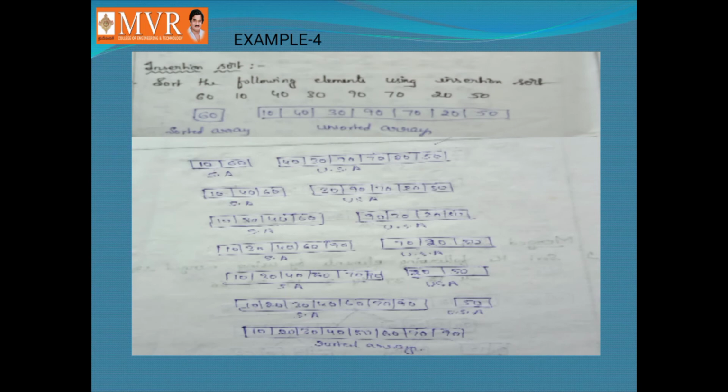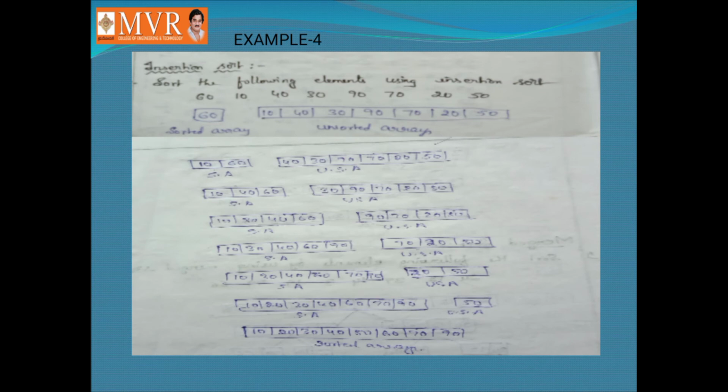Now here is another example I have given. Okay, this gives a clear idea about the insertion sort technique. Sort the following elements using insertion sort. If you did not understand the technique till now, you will be getting an idea in this problem. Here is a simple procedure of how I explain in the class. Consider the array of elements 60, 10, 40, 30, 90, 70, 20 and 50. This is my list of unsorted elements.